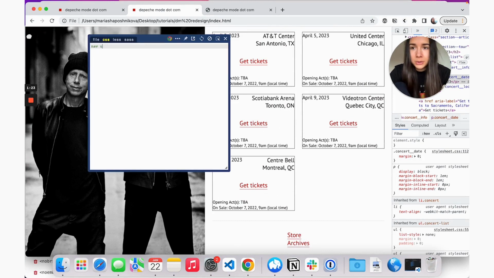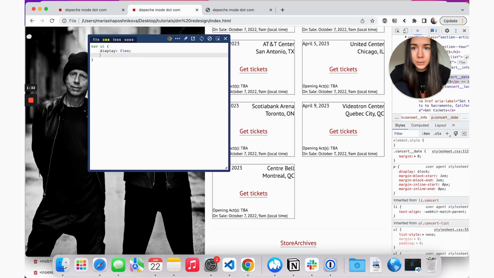From here, for our navigation, we want display flex, and we want to give it a gap of 1 rem, and then we'll do justify content, and for our nav overall, we want the width of 100%.